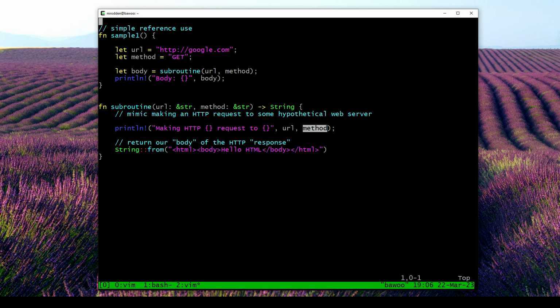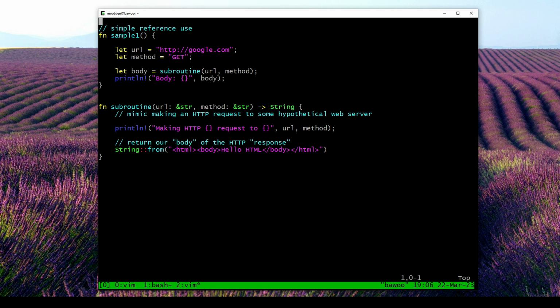And then eventually, obviously, to be a useful library, you need to pass something back. In this case, for HTTP, it would make sense to pass them back the response. In this case, we're just doing the body, and we're going to return the body as a string. Could return it as bytes. You could return it as a complex struct object that has the body internal and maybe some headers. Doesn't really matter. But in this case, we're going to return an uppercase string,